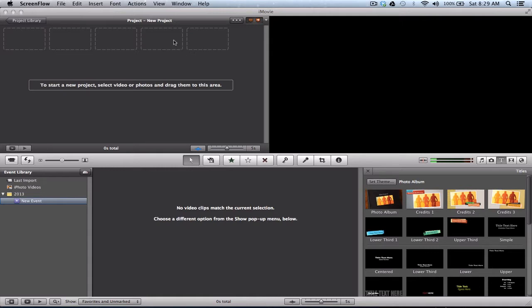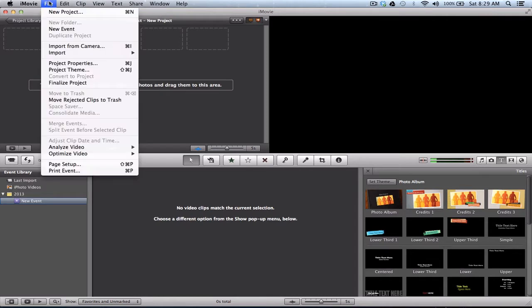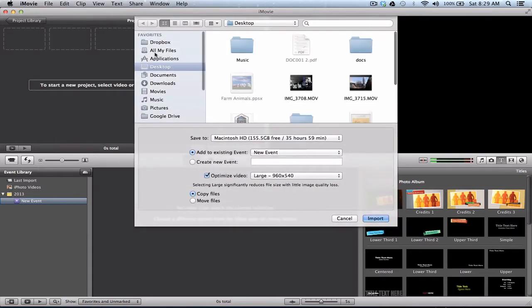Now, I have two videos that I took yesterday of the Huntsville Space and Rocket Center on my desktop right now. I'm going to go ahead and import my actual two video clips into iMovie. I do that by clicking Import under File, go File, and then Import, and then Movies. I'm going to look on my desktop, and here are both of the movies, and I can select both of them. I'm going to create a new event, and we'll call this iSTEM,